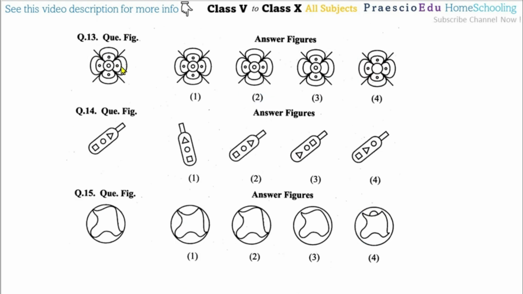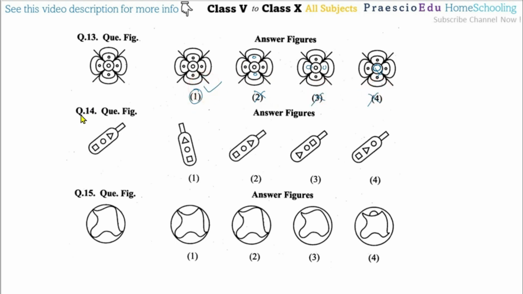Now question number 13, if you observe question figures and with alternatives, you will find out the option number 1 is a 1 and 4 possibility, but in 4 inside here the small circle is missing, here small circles are missing, here small circles are missing, means option number 2, 3 and 4 are mismatch, means option number 1 is perfectly matching.